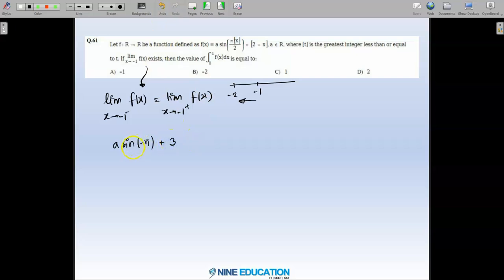So I can write 3, and meanwhile this sine minus pi is becoming 0. So on the left side you will be left with 3 as the answer, and on the right side let us see what is happening. The right side is a times sine of